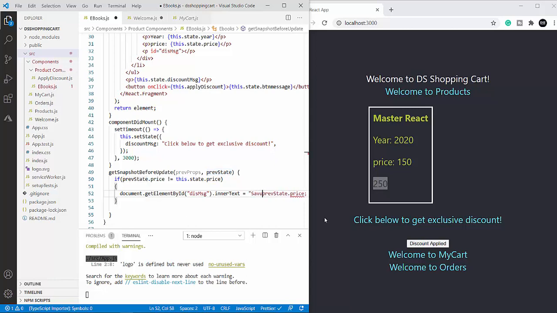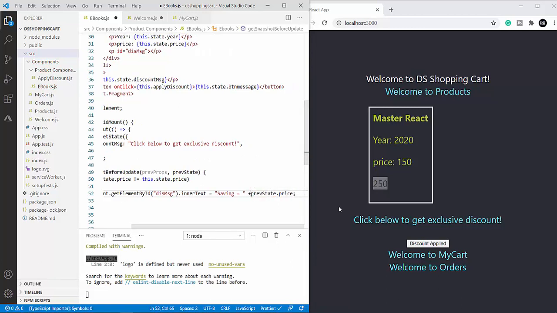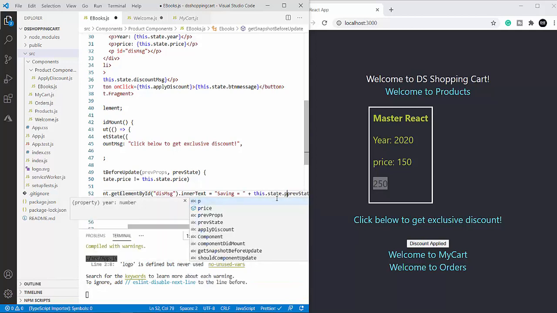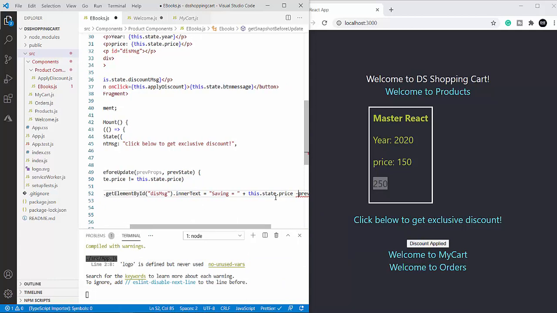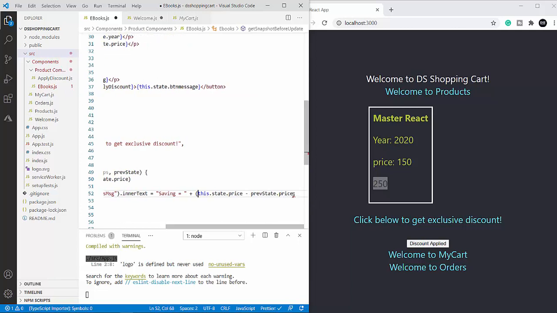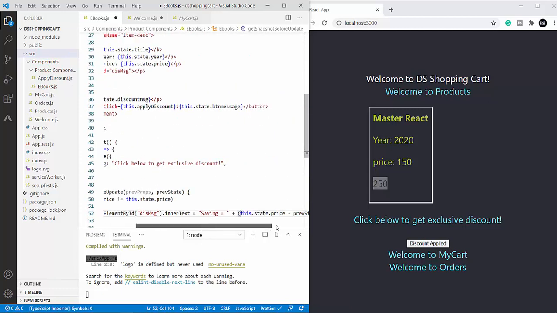Saving. And here I'm going to subtract the price from this.state.price minus price. I believe this is a string operation, I think. Let's see how it results.